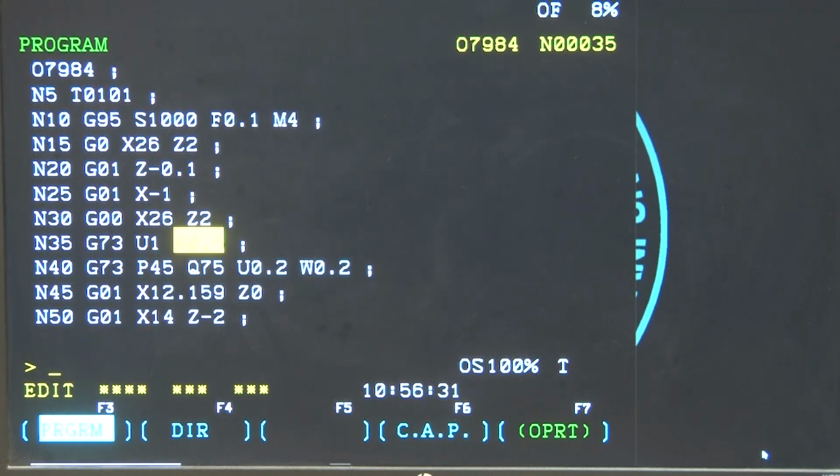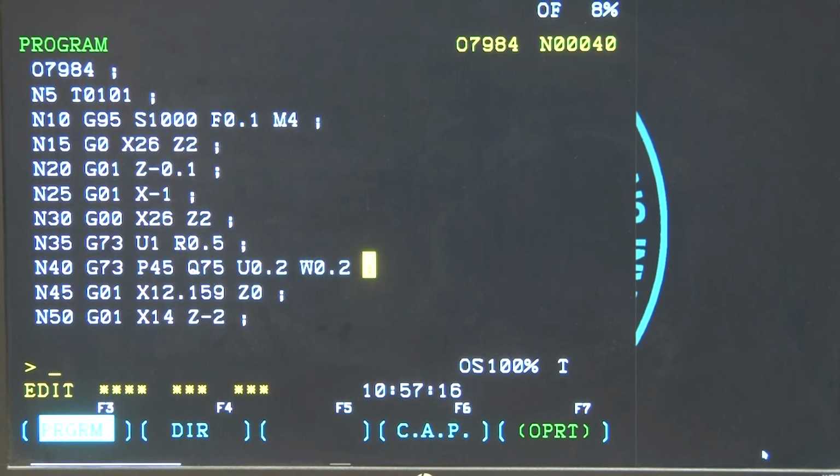Now, in the lectures, in the demonstration, through the PowerPoint, I have already told you that there are codes, and the table will be with you, meaning that in the table all these codes, what each code stands for, will be given to you. So, therefore, the G73 here means the counter turning cycle. If you remember, we had the main spindle counter clockwise was the M4 earlier. So, here we are saying the counter turning cycle, and I will show you how it goes when we simulate it.